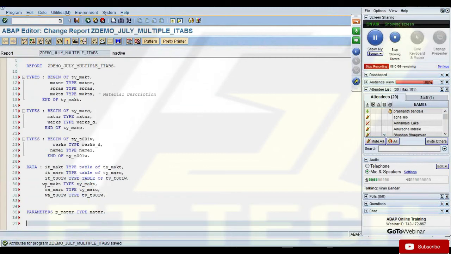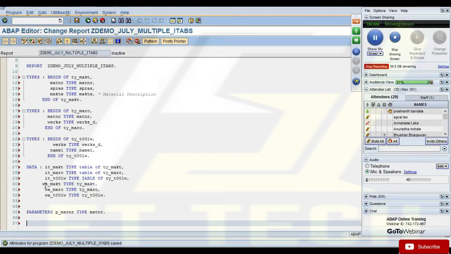So what do you want me to do first? The same as before, we're going to loop. First we're going to get the values of the work area, the MARC. You need to first bring the data from the database, right?